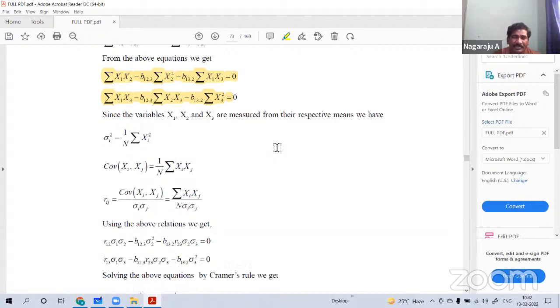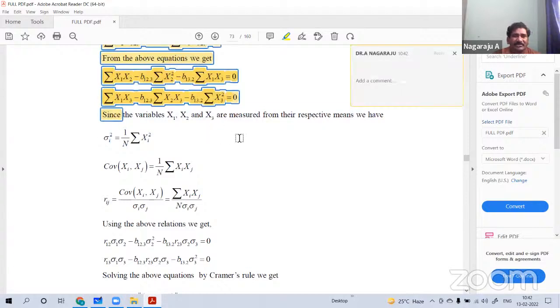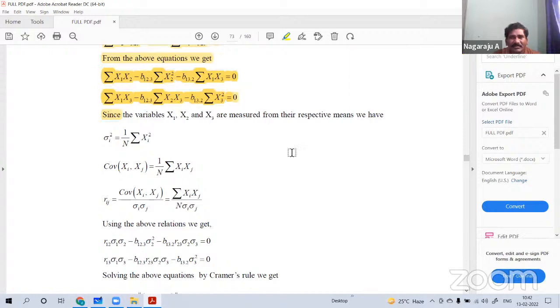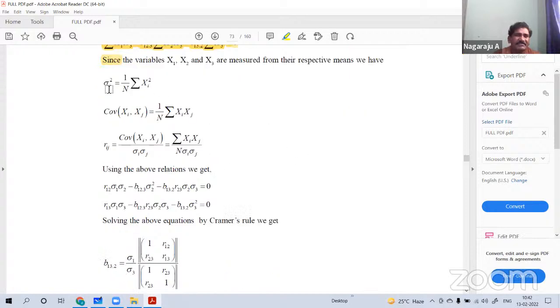Now, here, how do we observe the variance? Find out. That is the second concept. In that second concept, sigma square equals summation xi square, already we have. The x1 data he has given, so from x1 data we can calculate the variance, sigma 1 square. Now the covariance of x1 and x2, if I take, is the summation x1 x2